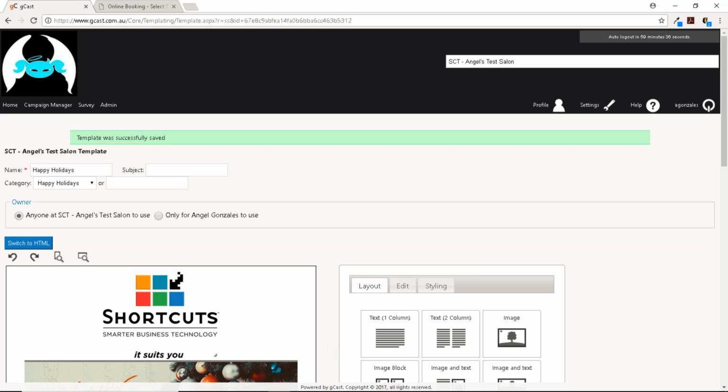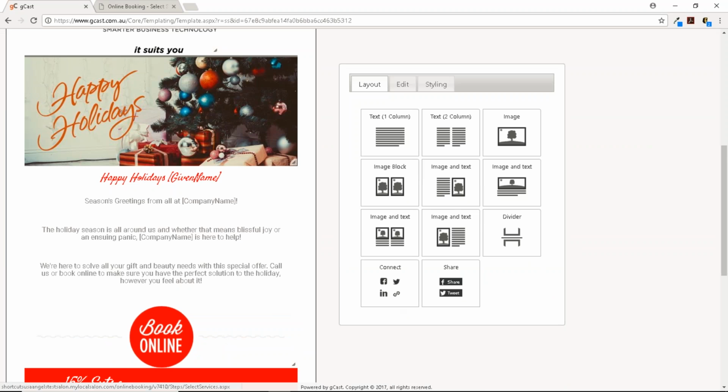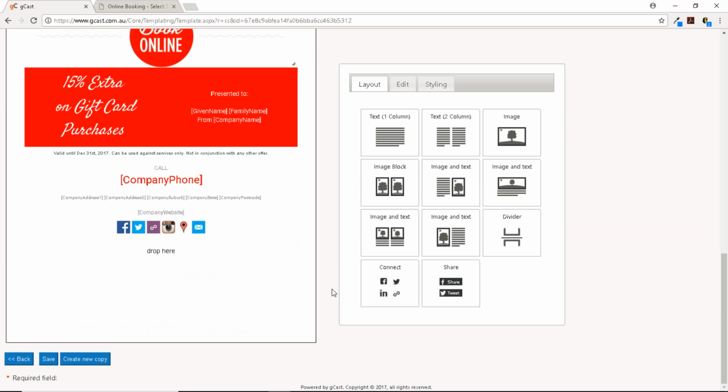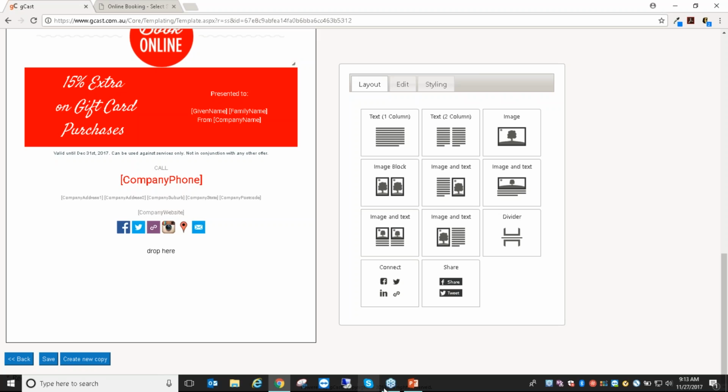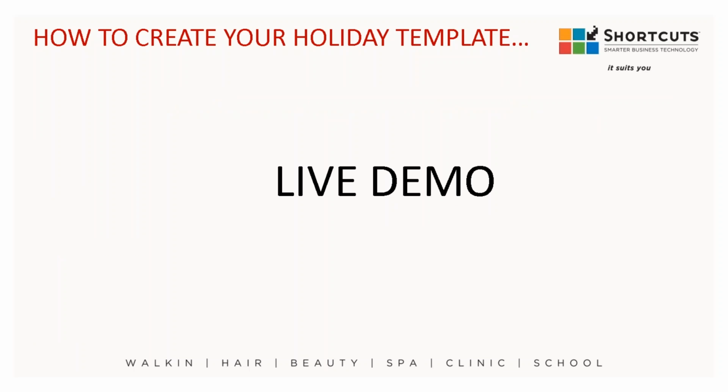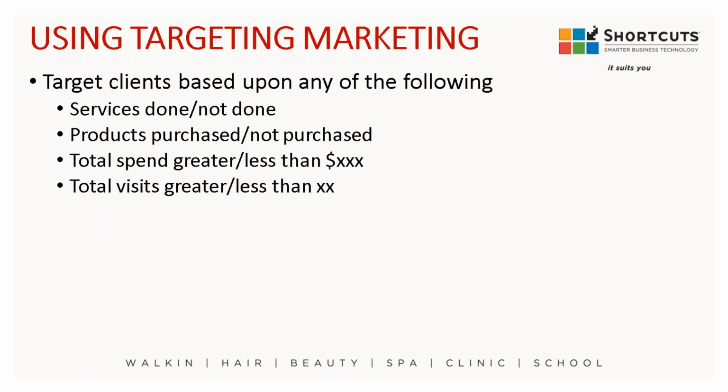I changed out the logo. I added my online booking link, and I changed what the voucher was for, what the coupon is for. All right, looks like everyone's okay with that. Okay, so that's how I would create a template. Now remember, you guys, we've created the template for you. The content, the wording, the text of that email can say whatever you'd like.